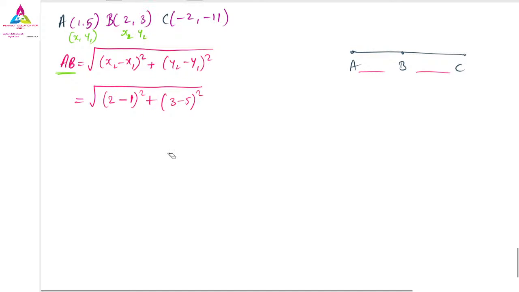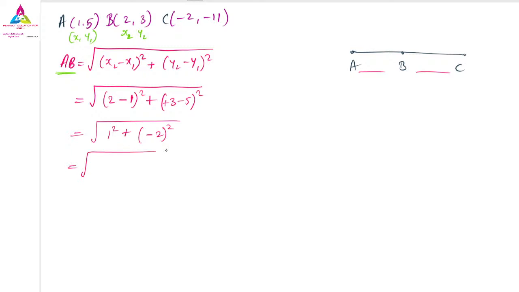So let us do this. 2 minus 1 is how much? 1 square. And next we have 3 minus 2. So 3 minus 5 we have, and the greatest number is 5, so negative value. And 5 and 3 have different signs, so it will remain 2 minus 2 the whole square. So 1 square is 1 and the 2 minus 2 the whole square is 4, because of the negative, the square